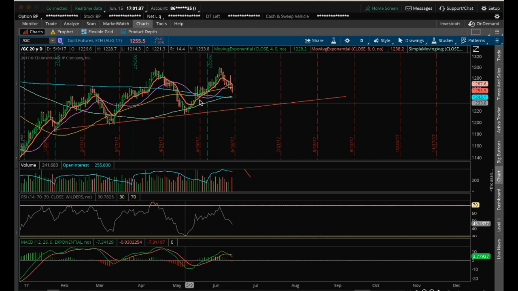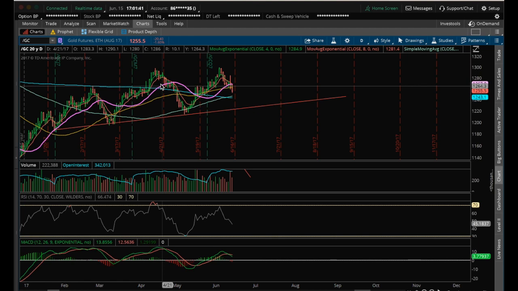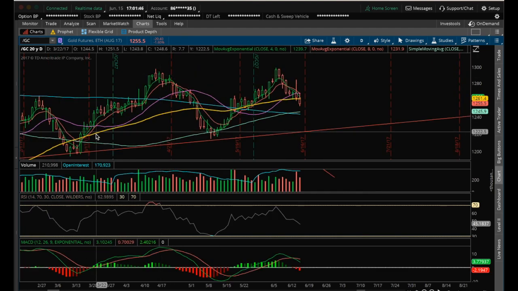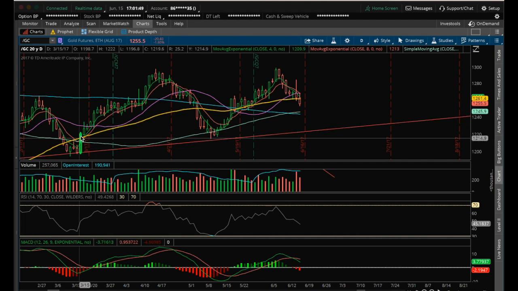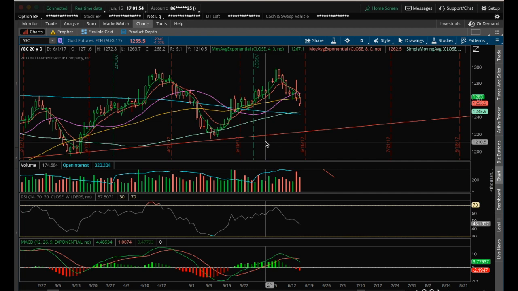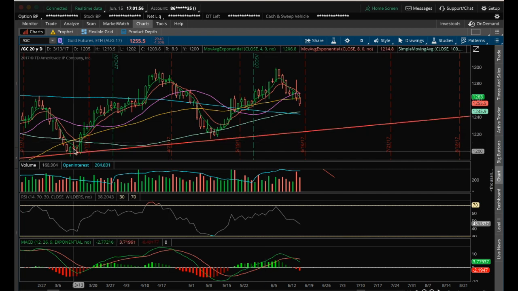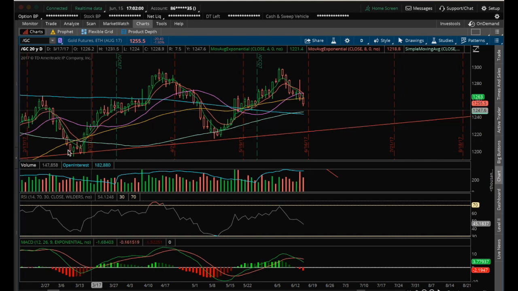Whenever the 4 EMA crosses the 8 EMA, bull. Whenever it crosses back down, bear. And one way you could play it is if it gains the 8 EMA on the daily, you can play it bullish. If it loses the 8 EMA on the daily, you can play it bear. And it's been pretty even keeled for these swings, and it's been in this pattern. So until it doesn't work anymore in this smooth pattern here, just like what oil's been doing, we'll continue to play it that way. As far as the miners go,